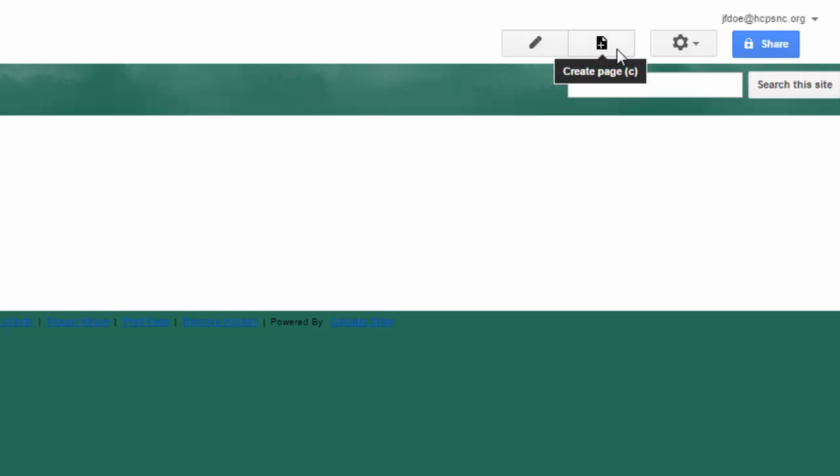Anytime you're on a page in your website and you realize you'd like to create a new page, the paper icon with the plus sign allows you to create a new page. We'll be creating some of those later because I remember that I wanted to do student resources and parent resources and news as well. To the right of that is the gear icon, and that's going to give you more